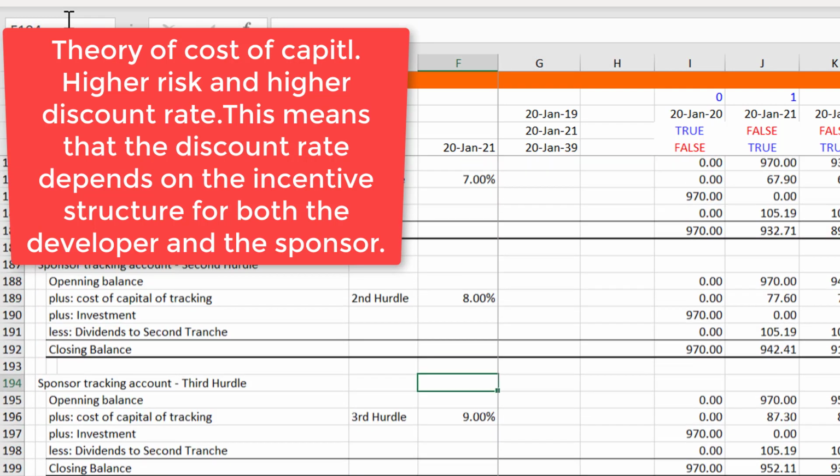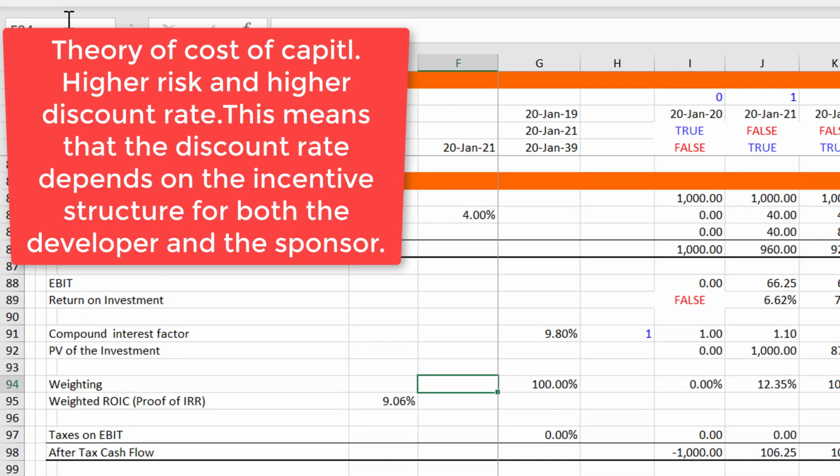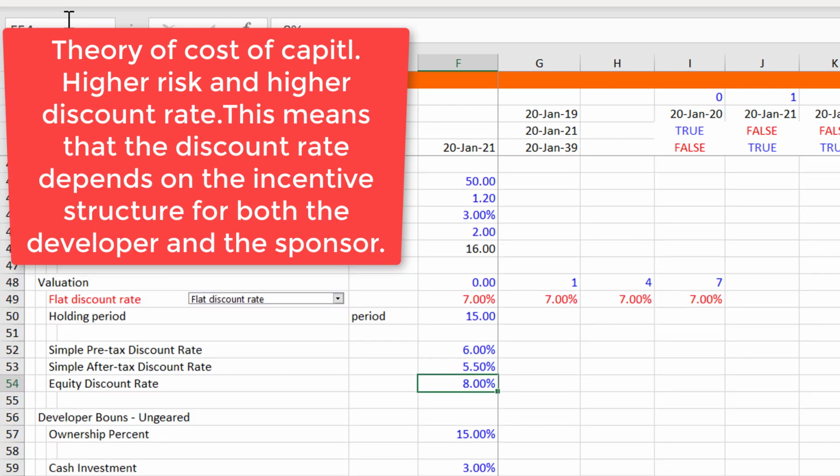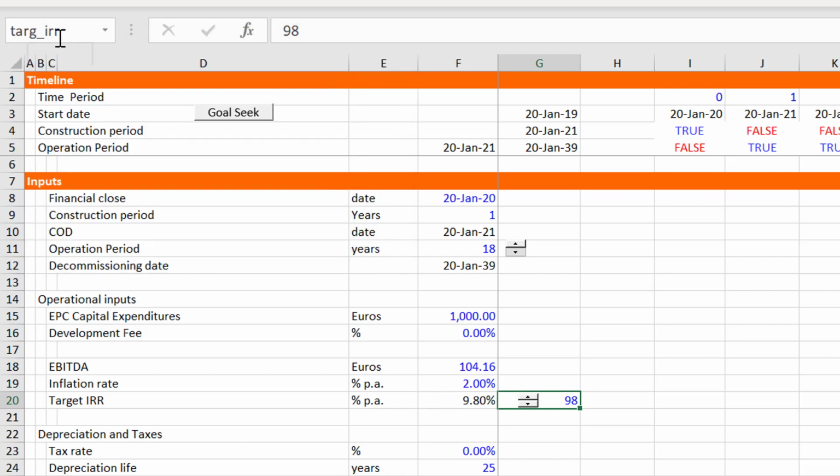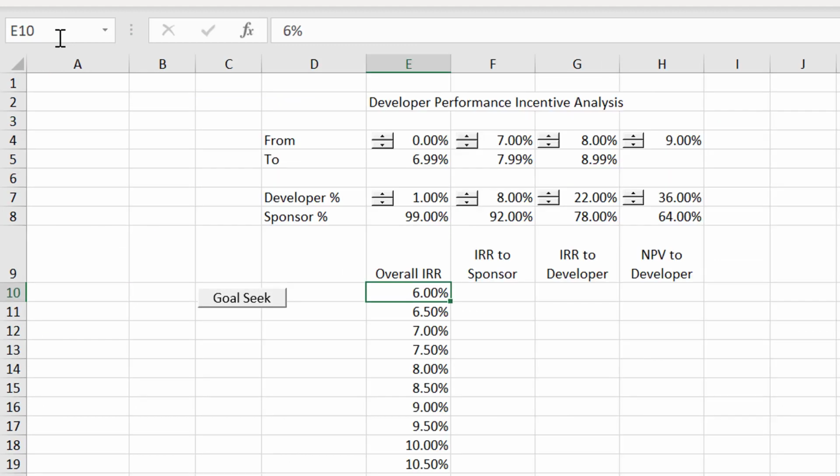And the input is going to be this thing up here, the target. I hope I don't already have that. Oh, I already have that. I'll call this target, A-T-R-G-I-R-R. Okay? All right. So then once we have those little things, now I'm going to interrupt the video because